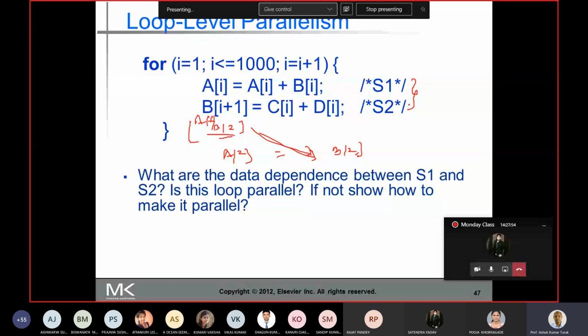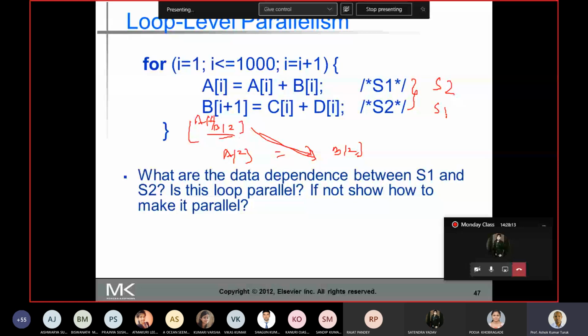S1 is independent of S2, absolutely correct, right? If S1 is independent of S2, then I can execute S2 followed by S1. No problem. If two statements are independent, they can be executed in any order without affecting the result. So it's not going to affect the result.